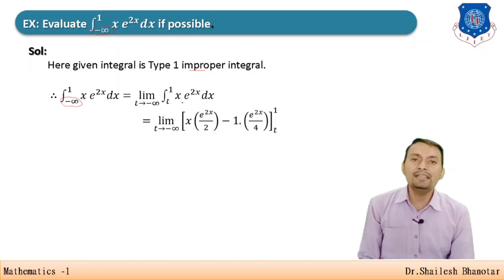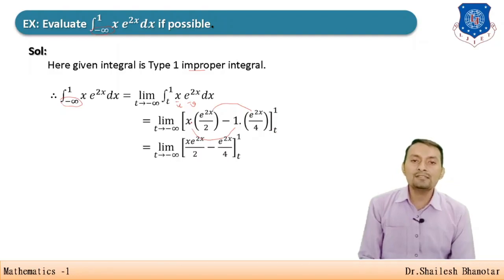But whenever we integrate, you have to use the Leibniz rule for the integration. So this is u and this is v. First u as it is, and then the integration of v, that is e raised to 2x divided by 2, minus the derivative of x, which is 1, then the integration of this, that is e raised to 2x divided by 4, then the derivative of 1 is 0, so we stop, over t to 1.